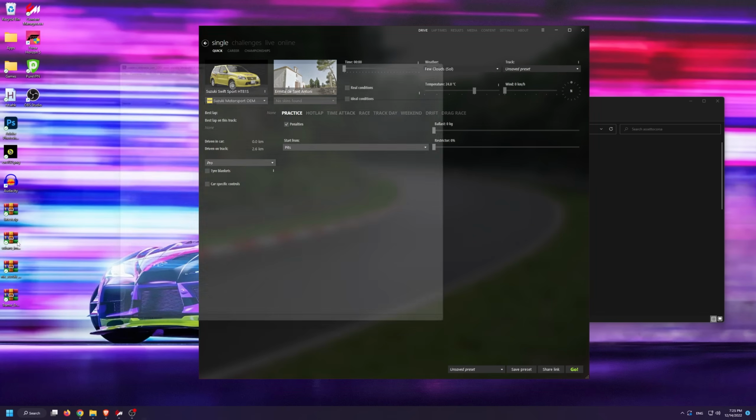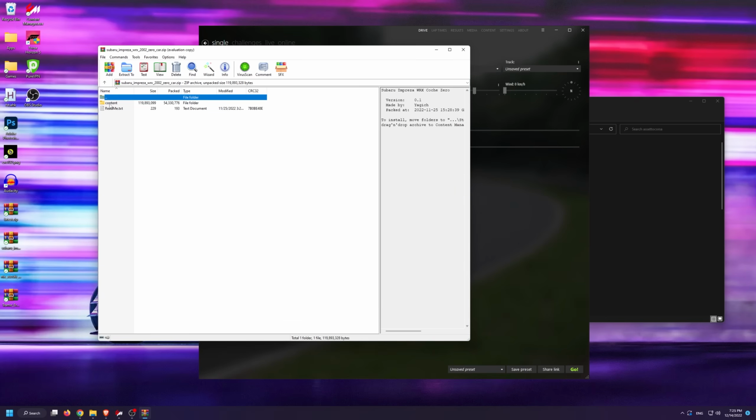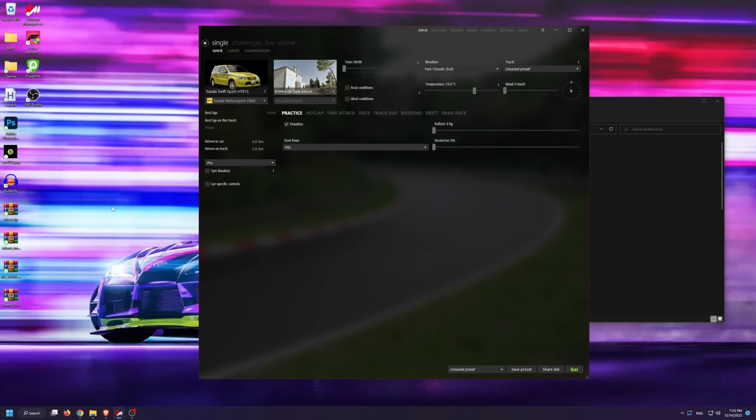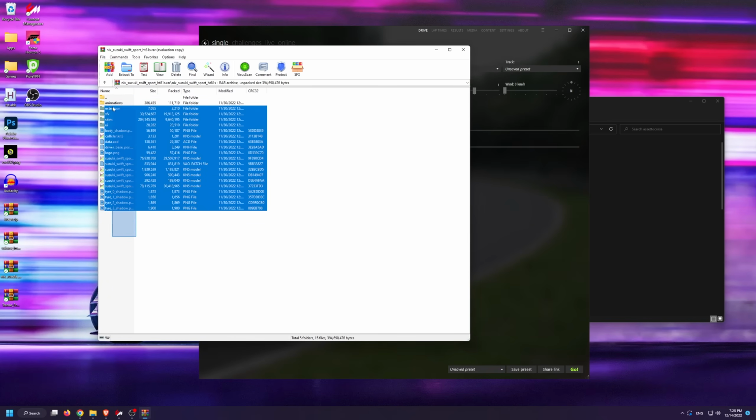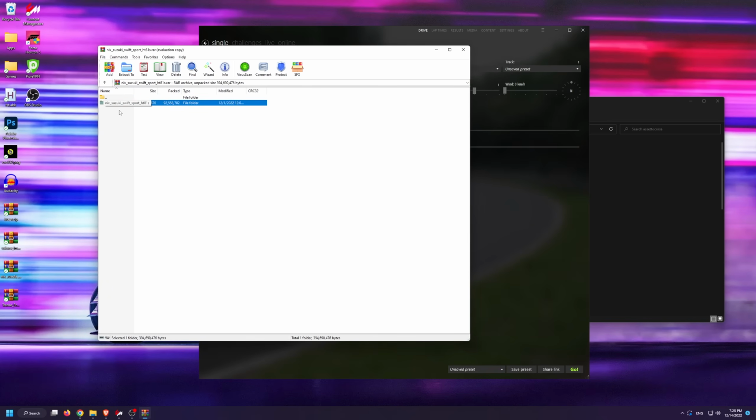Just to quickly recap, mods which have a content folder inside, you copy directly to the base Assetto Corsa root folder, and mods which are standalone, regardless if they're a car or track mod, you copy inside content and then either inside cars or inside